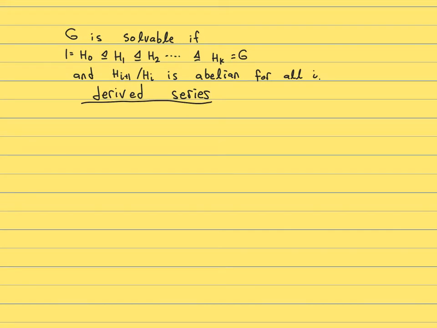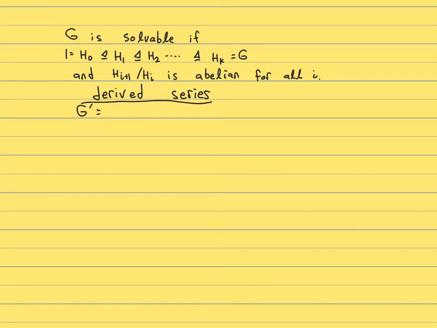And so like the upper central series, this is a series that exists for any group, and if it terminates after a finite number of steps, it must be the case that your group is solvable, just like if the upper central series terminated after a finite number of steps, your group must have been nilpotent. So what's the definition? Well,